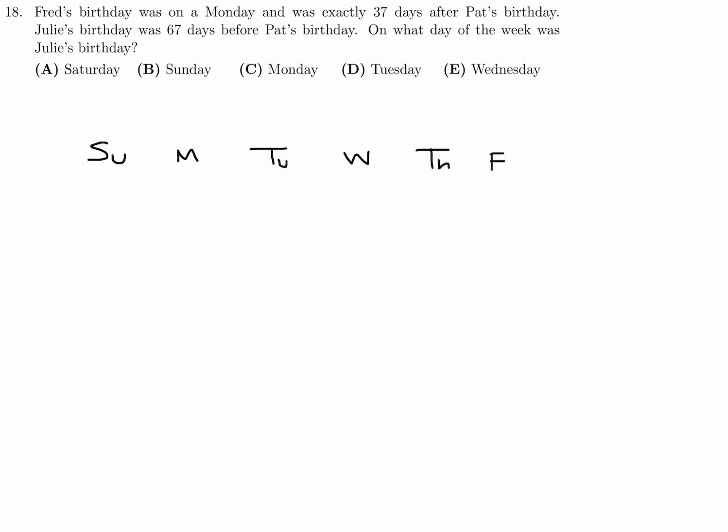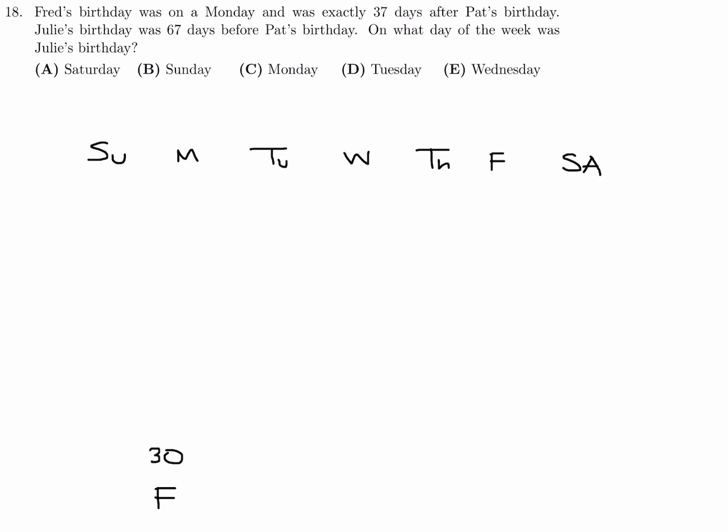And then let's first talk about Fred, right? So Fred, his birthday's on a Monday. So he's down here. And I'll just write F for Fred. And then 37 days before his birthday is Pat. So if you subtract 7, you'll get right back to this exactly 1 week before. So it's 37 days. But if you go 30 days, which is exactly 7 days less, you get right back